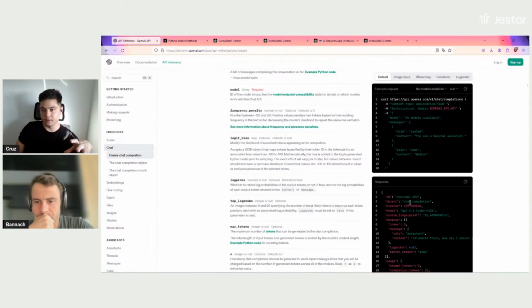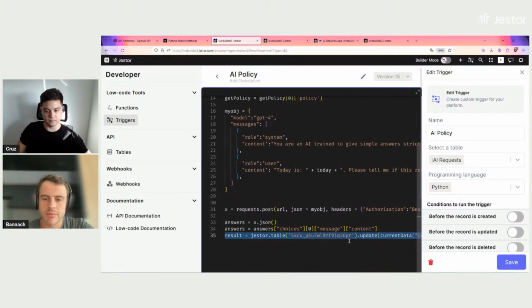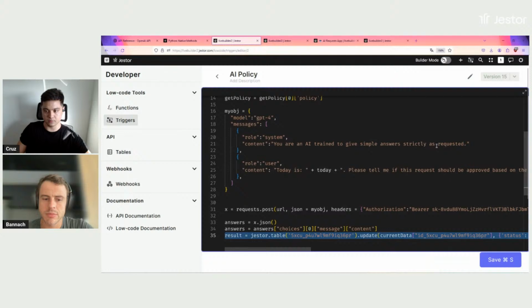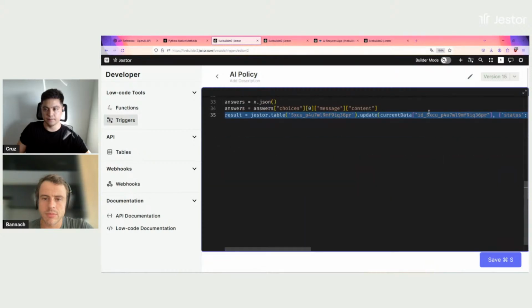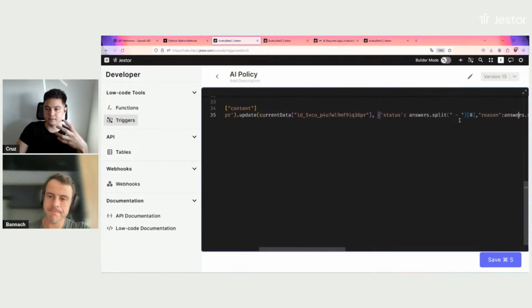So basically, I'll have to get the information inside the JSON. So it's inside the answer in the part choices, the first choice in the part message, get the content. So this is the path to the answer for ChatGPT. And then what I'm going to do is break down the information here, right? So I'm going to update the record itself,